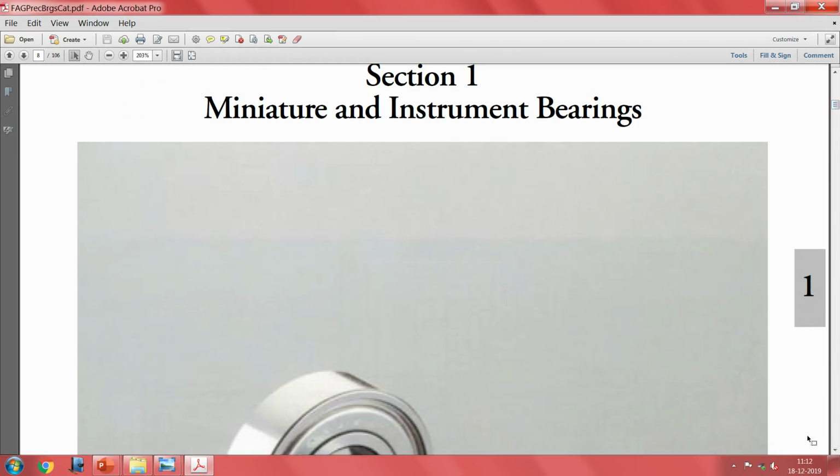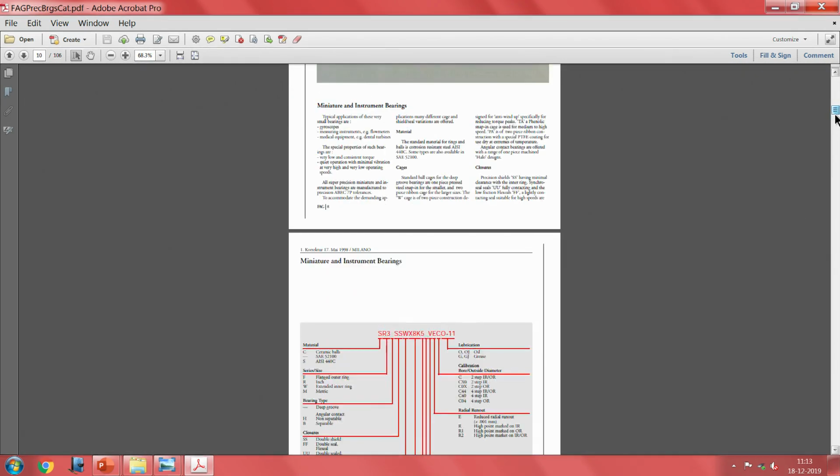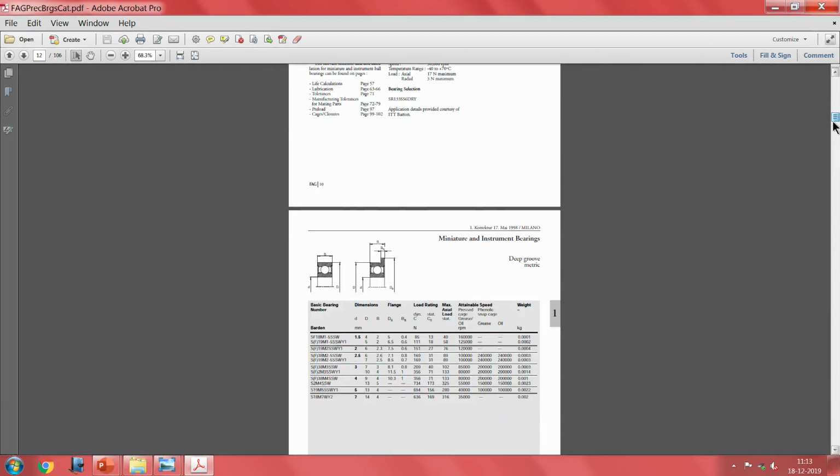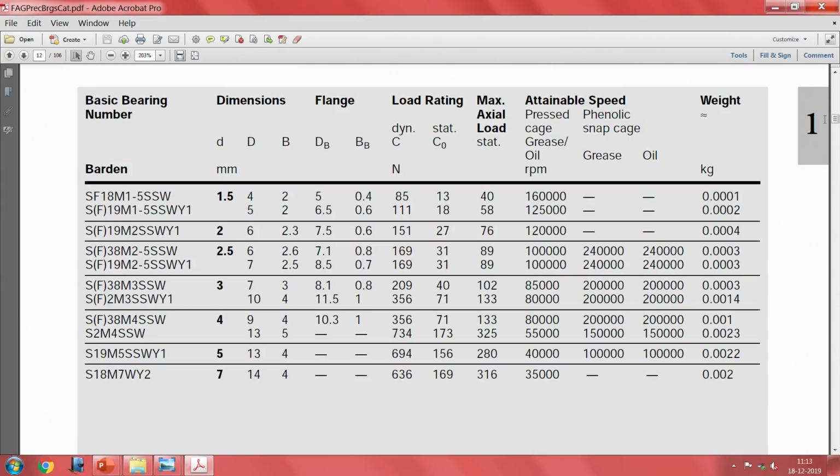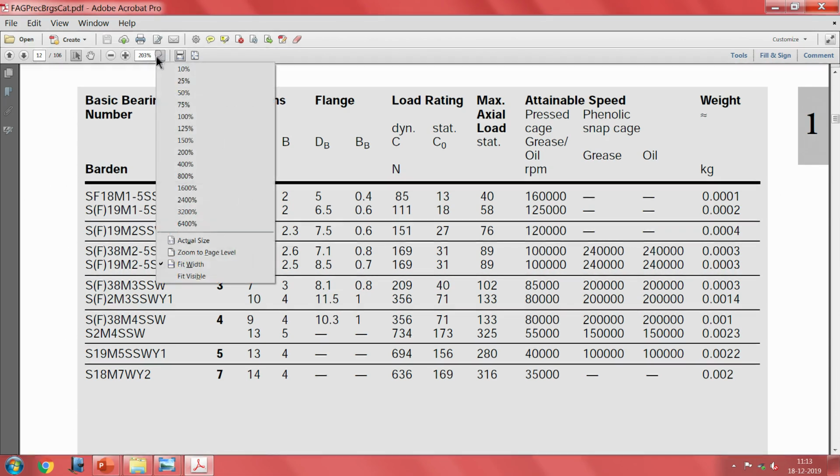When you go down with the application, one of the first things you can talk about is specification, and at one point they give things about where we use this for the applications. So, various things about what is the basic dimensions and the load rating, dynamic and static loaded, and then maximum axial load, and all these things, attainable speed, the type of lubrication you use and so on. All of these the manufacturers give, usually the manufacturers mention all these things.